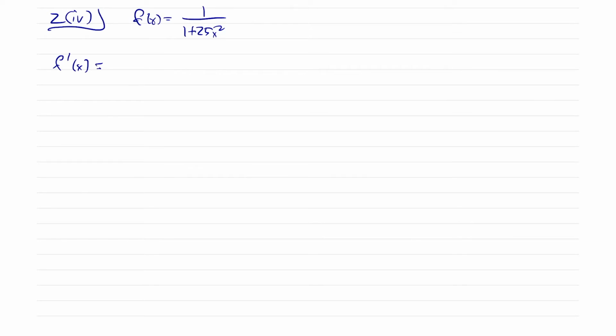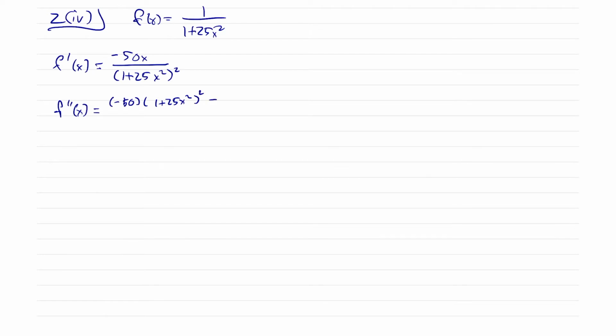The first one is going to be 50 times x divided by 1 plus 25x squared, and then we pick up a minus sign. F double prime of x is the derivative of the top, which is minus 50, times the bottom, 1 plus 25x squared,